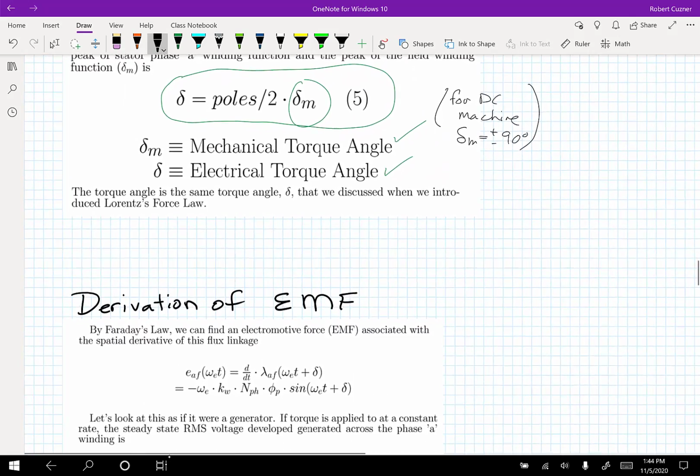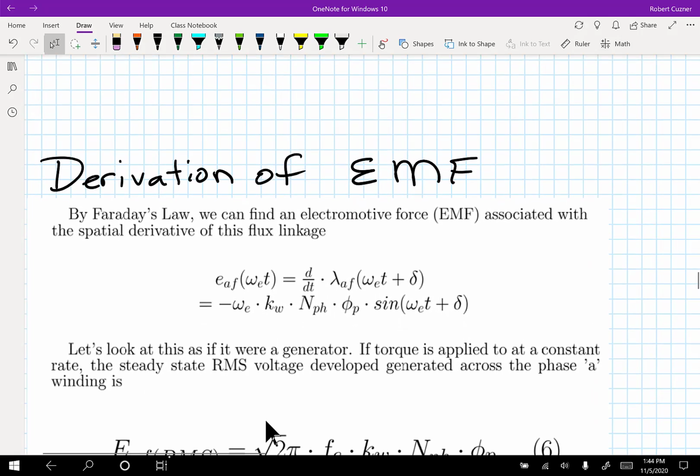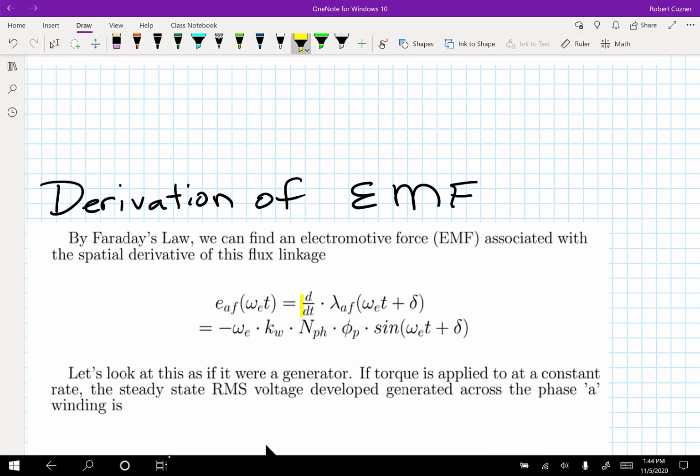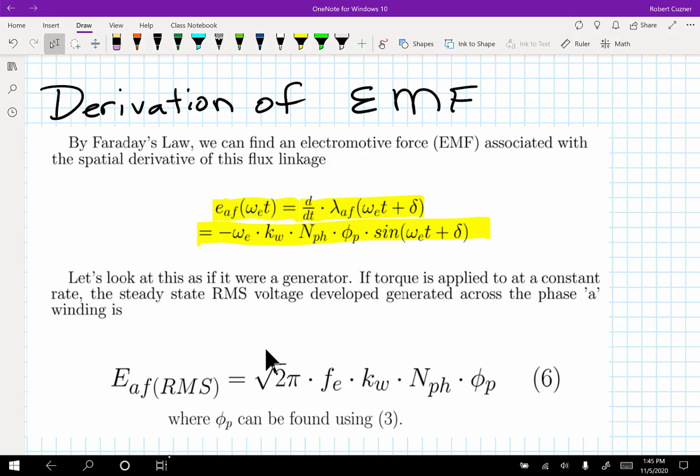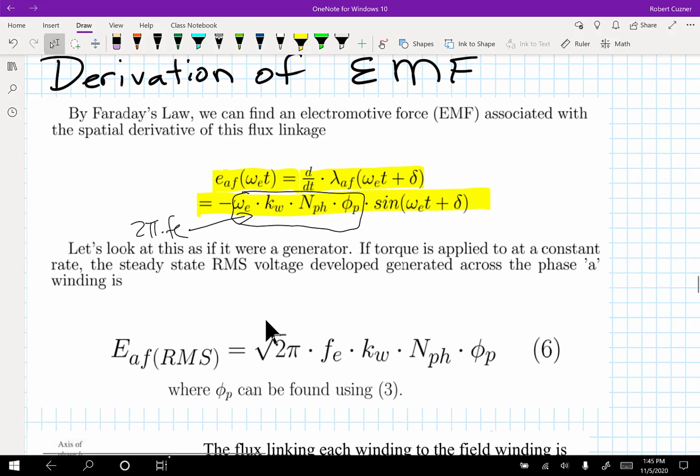The last thing that we need to do is to derive a voltage applying Faraday's law, and that's what we have here. So if we take the derivative of that flux linkage, we will get a voltage because the rotor is moving, and this is the expression for that voltage. It's a periodic scalar expression. Ultimately, we're going to want to use phasors, and we're going to want to use RMS values. So what is the RMS value of that voltage, this EMF, electromagnetic force voltage? We simply take the peak value here, we substituted in here 2 pi Fe, and now we have this expression,